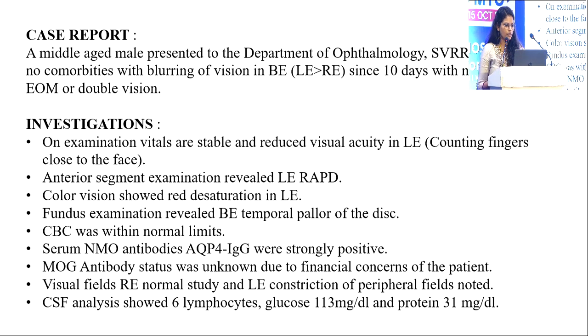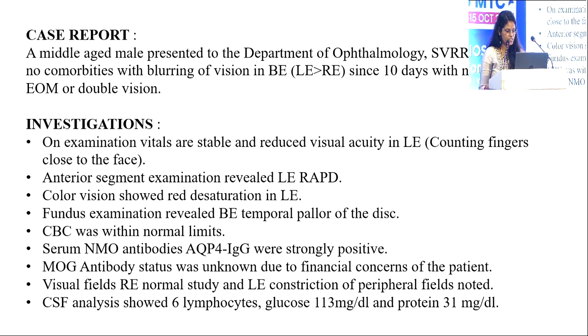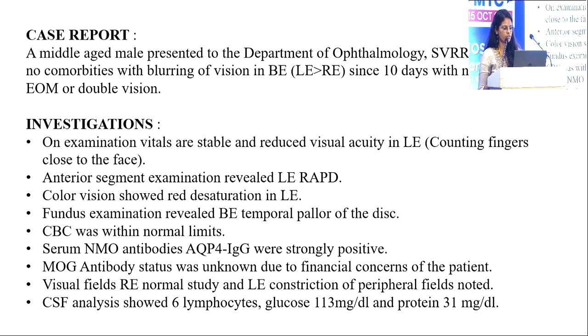A middle-aged male presented to the Department of Ophthalmology, SVRR-GGH, having no comorbidities, with blurring of vision in both eyes, left eye more than right eye, since 10 days with no pain on extraocular movements or double vision. On examination, vitals are stable and reduced visual acuity is seen in the left eye with counting fingers close to